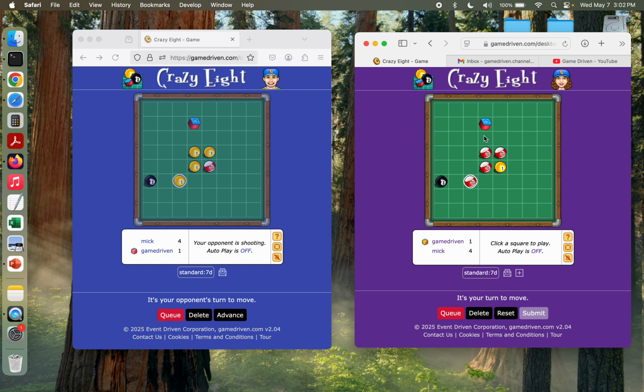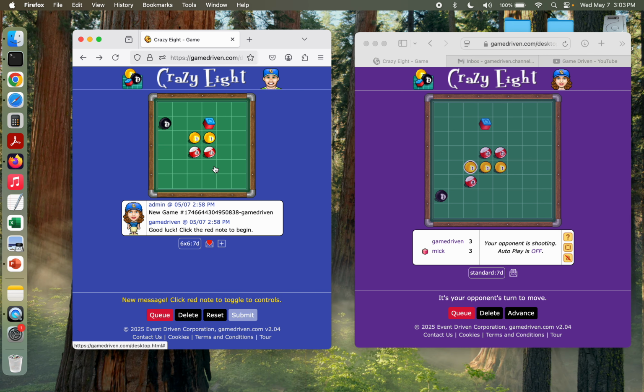And as I said, she'll have the inverse of the colors of mine, just to keep it from being confusing when you jump from game to game. I wanted the person to always have the same color ball, so we're always yellow when we're playing. Then she would proceed to do a move and submit that, and we'd go back and forth as we fill